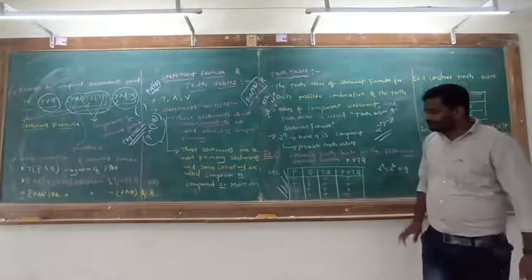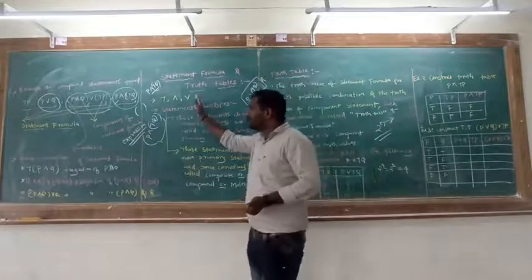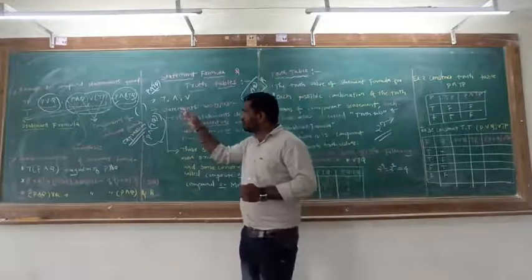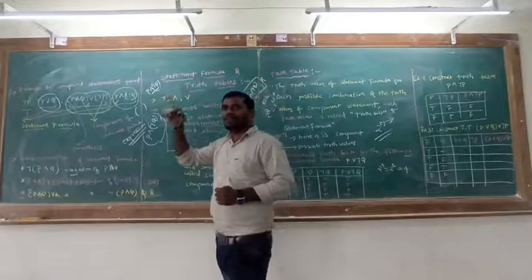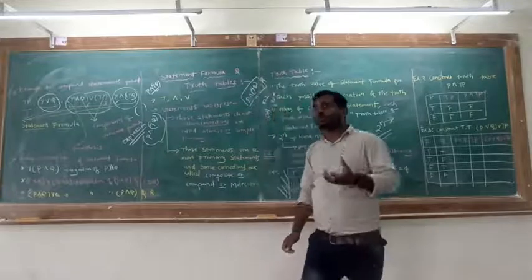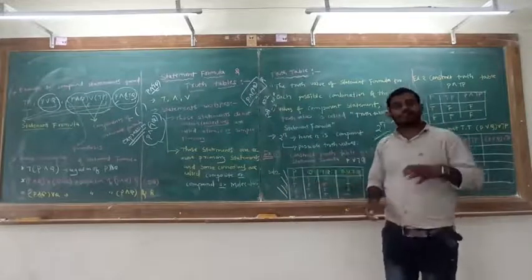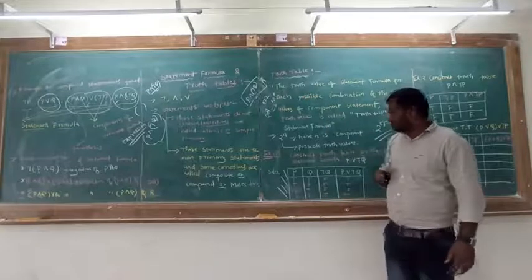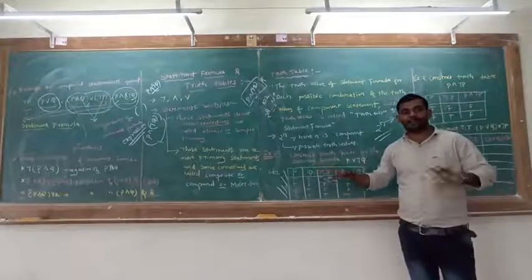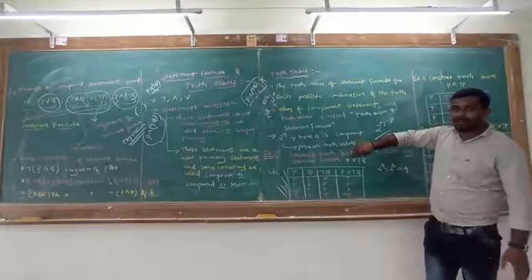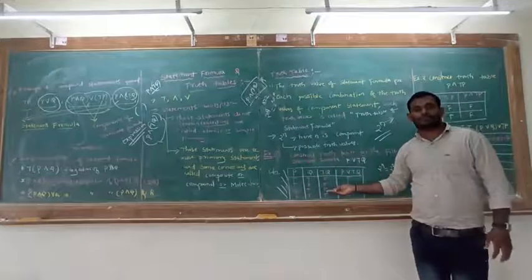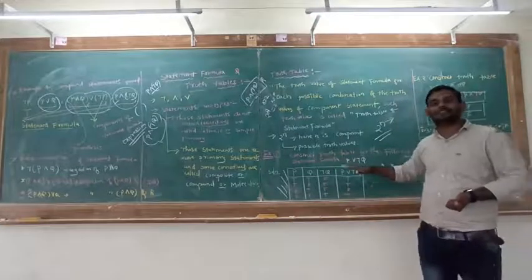Here is one example. After what we studied, the 3 connectives, negation, conjunction and disjunction, by using these connectives and parentheses we construct statement formulas. Now, how to construct the truth table for such statement formulas? Example: construct the truth table for the following statement formula. In the exam they will give a statement formula, and based on it we have to construct the truth table. This is a fixed 5 marks question.